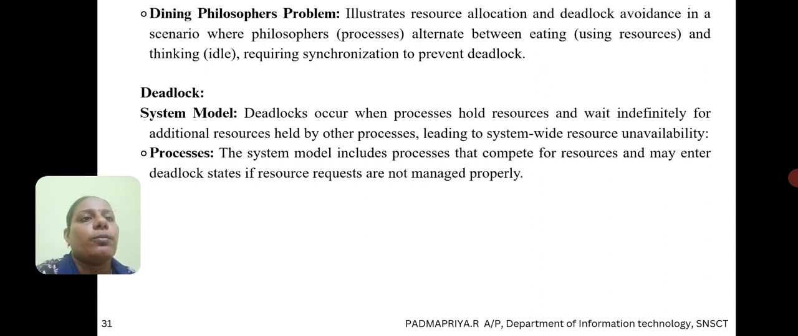The dining philosophers problem illustrates resource allocation and deadlock avoidance in a scenario where philosophers alternate between eating and thinking, requiring synchronization to prevent deadlock. System model. Deadlocks occur when processes hold resources and wait indefinitely for additional resources held by other processes, leading to system-wide resource unavailability. Processes. The system model includes processes that compete for resources and may enter deadlock states if resource requests are